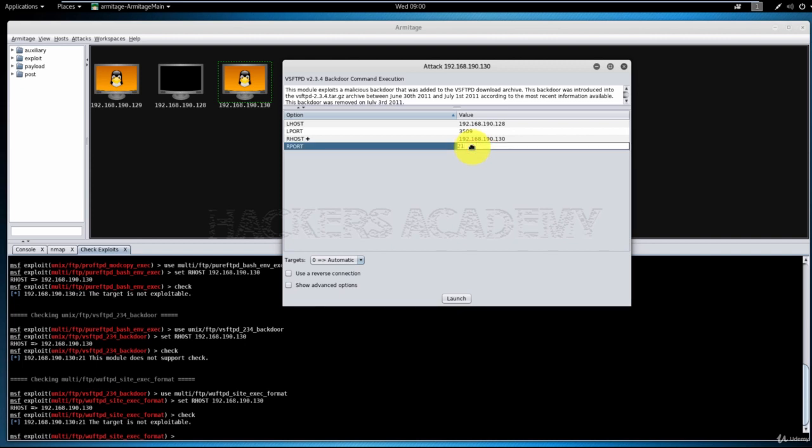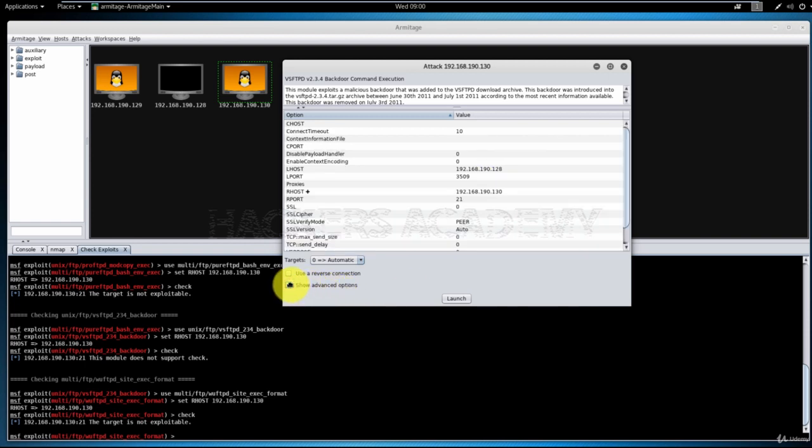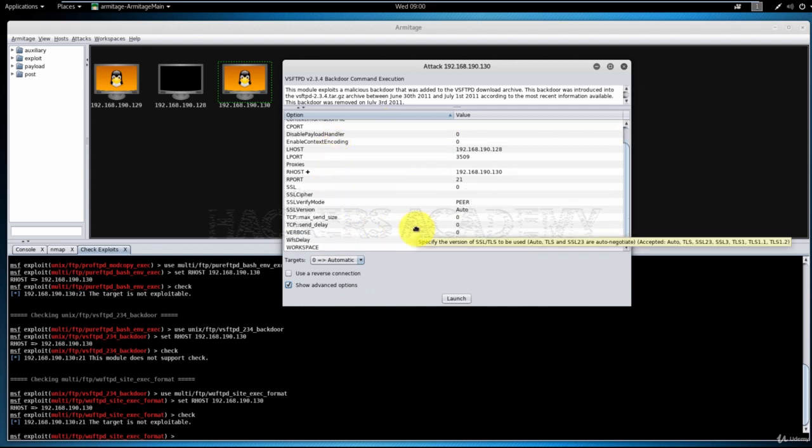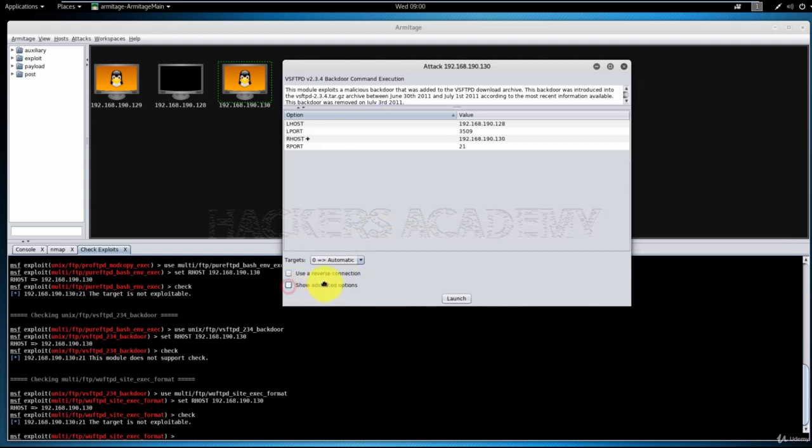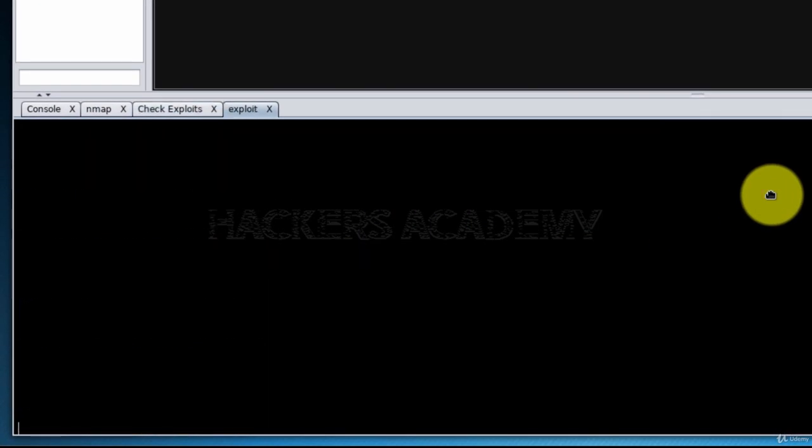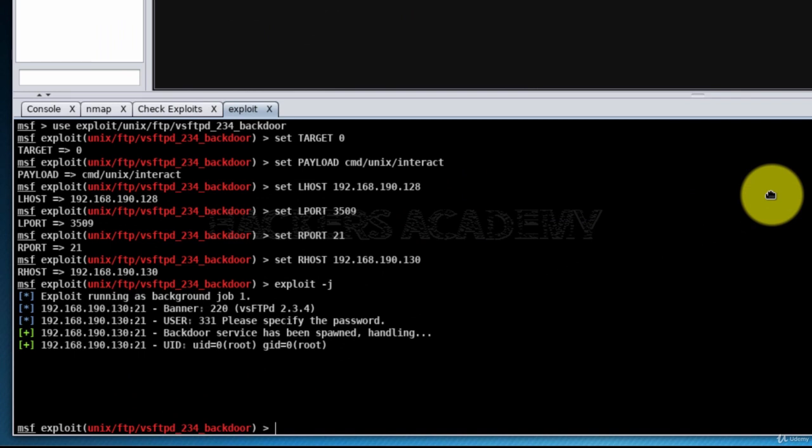I don't have to change it here because I know it's on port 21. Of course, if you want to, you can also change the advanced options, but I'm not going to go through these at the moment. We'll be leaving these for the Metasploit Mastery course. And I'll click launch. And I get an output that says, a shell is found and a command shell session